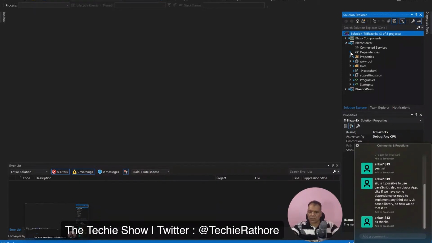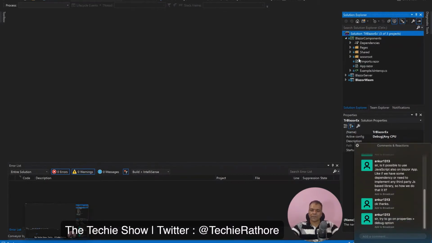If you see here in dependencies, in projects, the Blazor components project dependency is on this one also, and on the project here also, in the dependencies, projects, Blazor components is there. This way you can see that I am using the same components which I have written here on Blazor server.